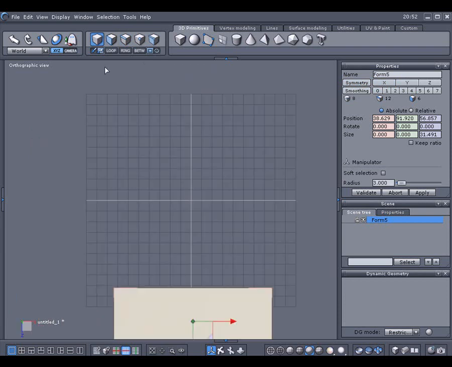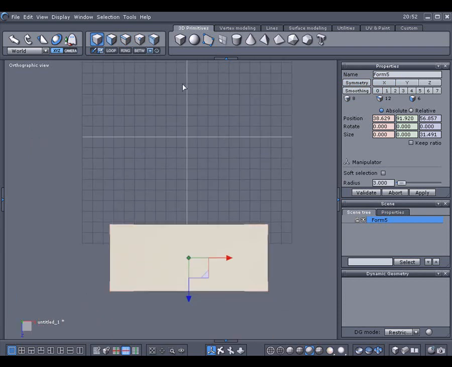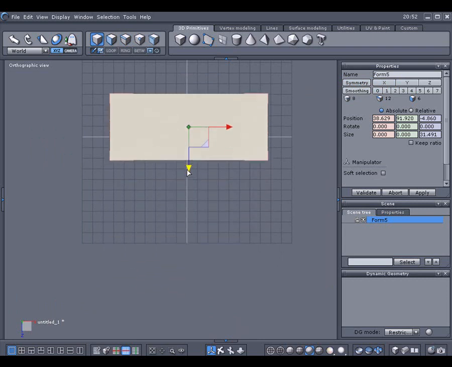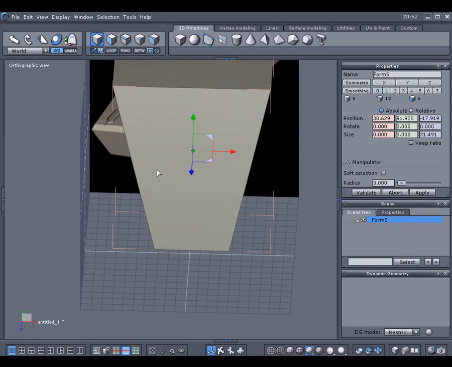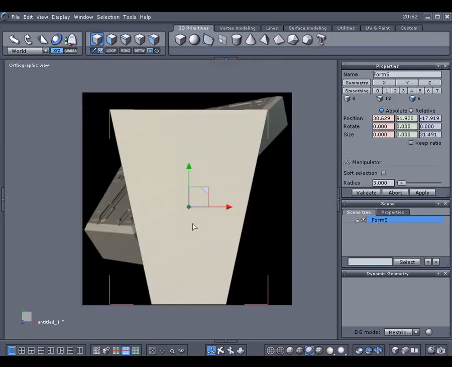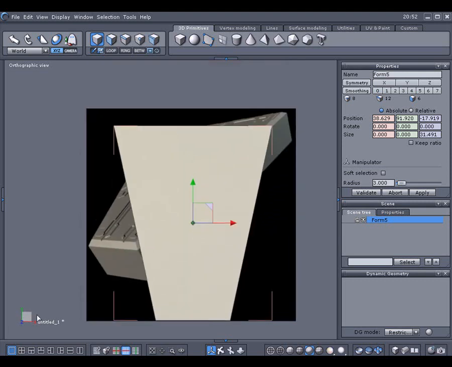Now I'm going to go into the top view here and notice the crosshair right here in the center. I need to bring this cube back behind this crosshair because I'm going to be drawing a line on it, and the line will be drawn in front of it rather than behind it or in the middle of it. We got an option to lock the plane. We can click down here, and what I'm going to do is select the line here, and then I'm going to select the polyline,